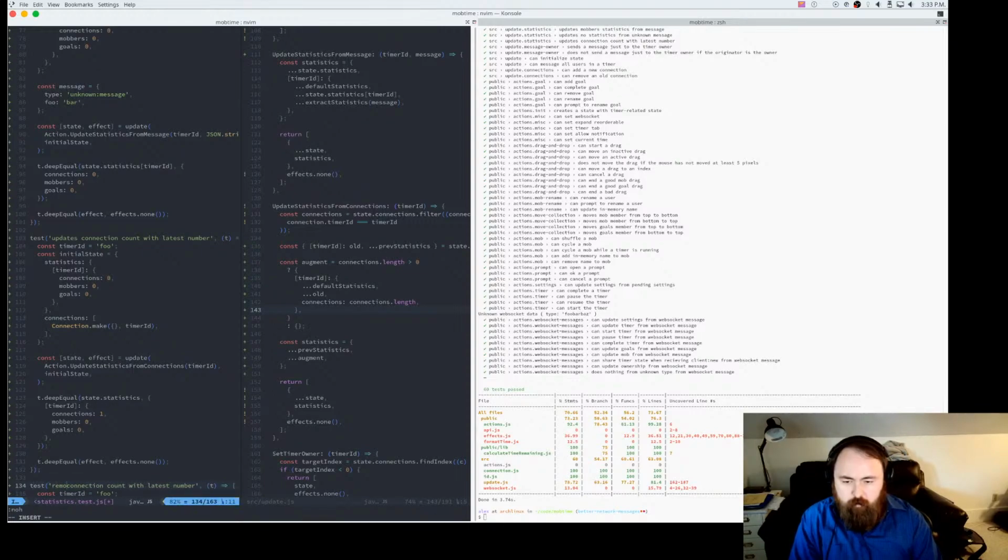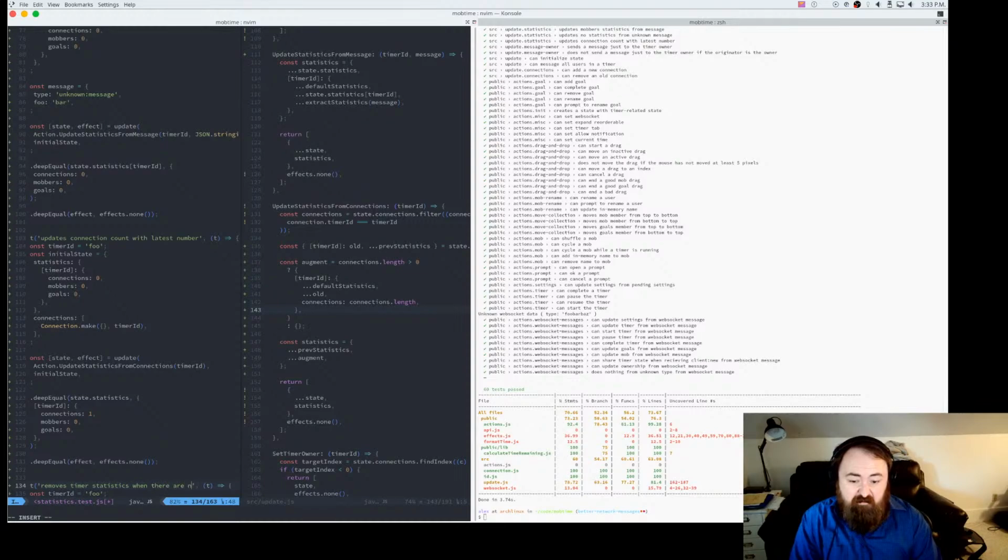So we'll say removes timer statistics when there are no connections.